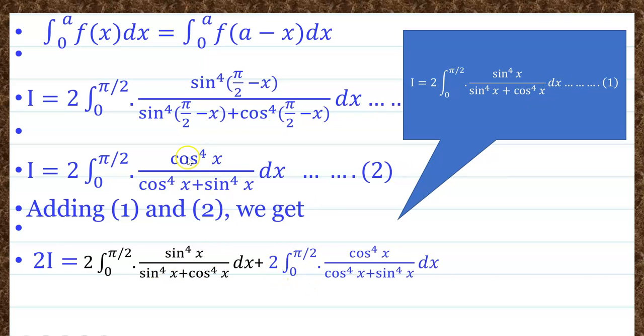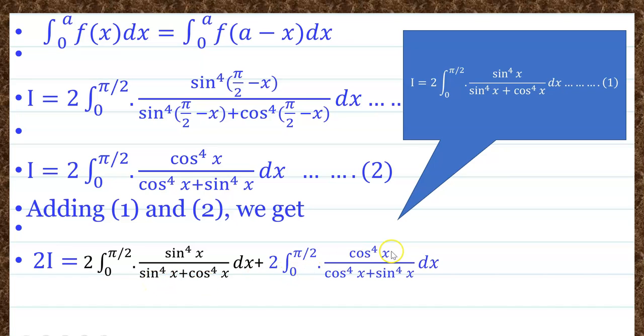आणि हा वरचा पार्ट दॅट इज 2 times integral 0 to pi by 2 cos of x raised to 4 upon cos of x raised to 4 plus sin of x raised to 4 into dx. आणि इथे 2 times 0 to pi by 2 हे टर्म कॉमन काढणार या दोघं इंटिग्रेशन मधनं आणि काय मिळेल आपल्याला sin of x raised to 4 upon cos of x raised to 4 plus sin of x raised to 4 प्लस cos of x raised to